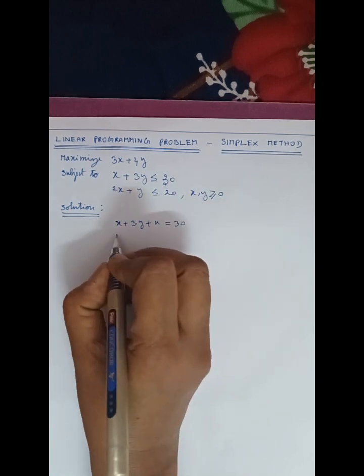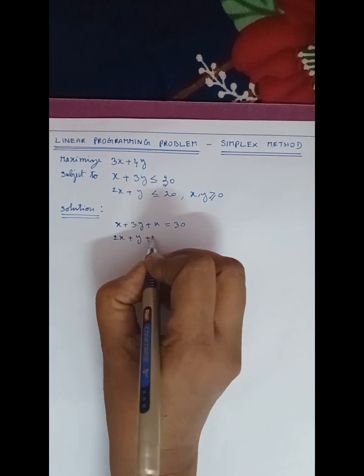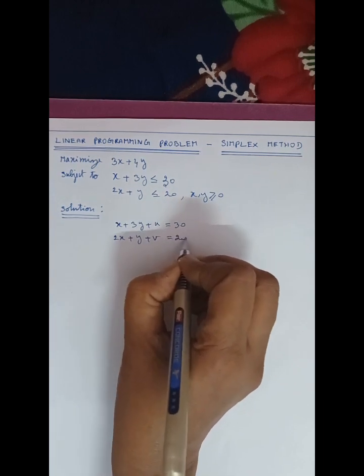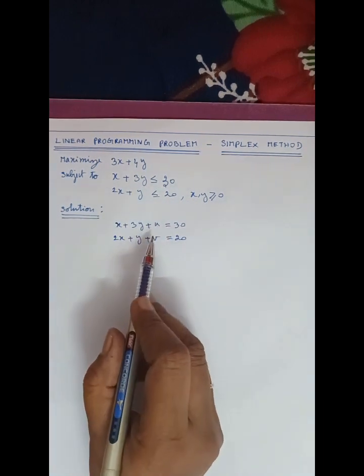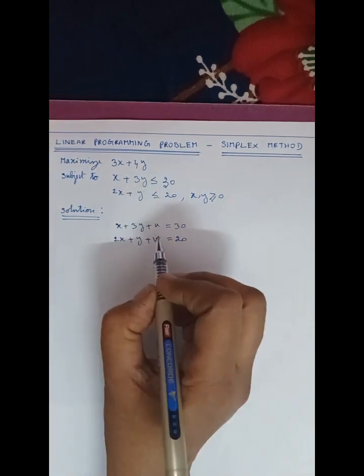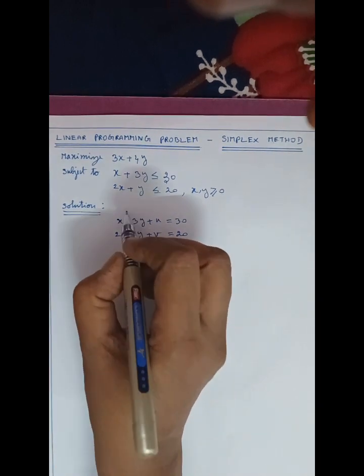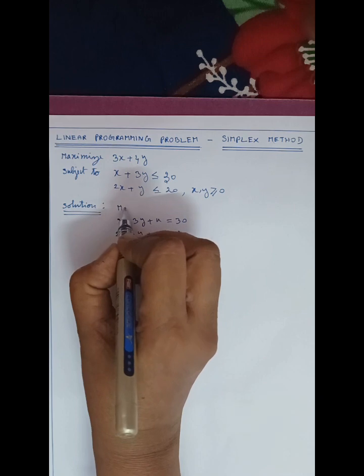And the second constraint can be written as 2x plus y plus v equal to 20. So we have introduced two slack variables u and v. Those two slack variables are going to be introduced in the objective function also. So the problem is going to be